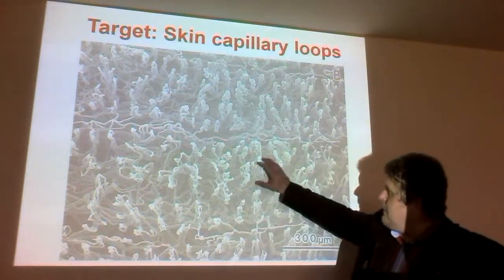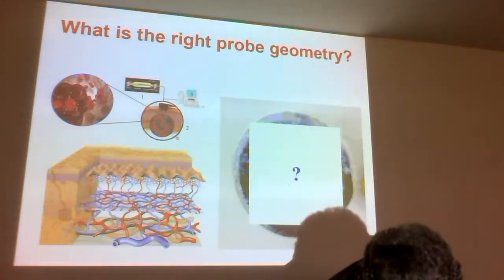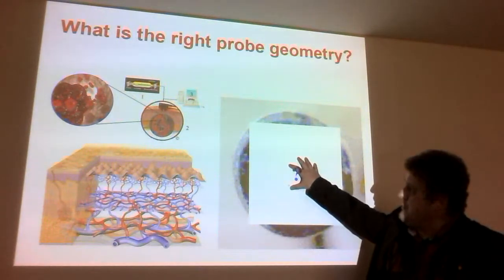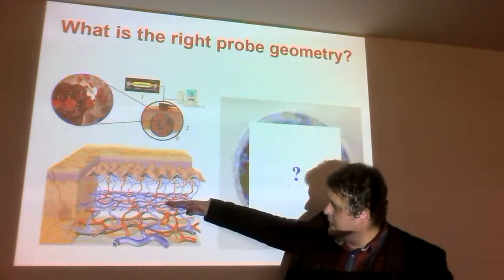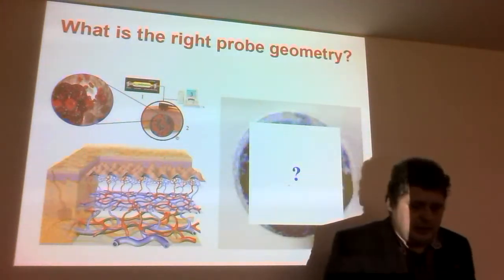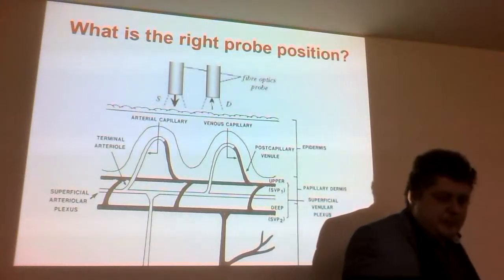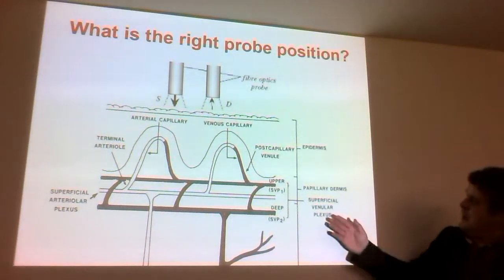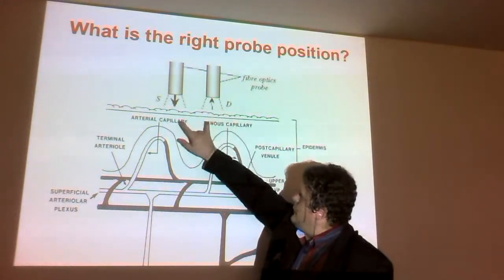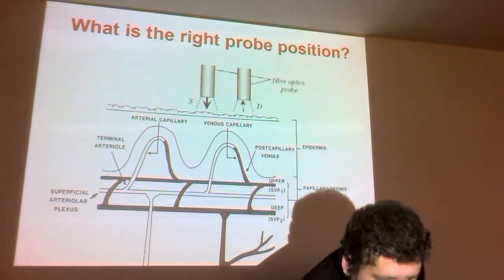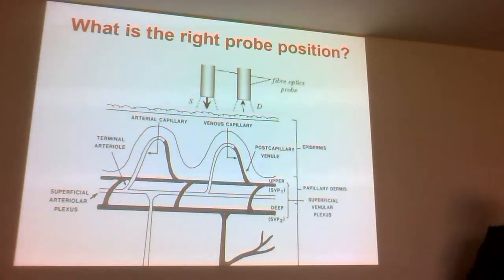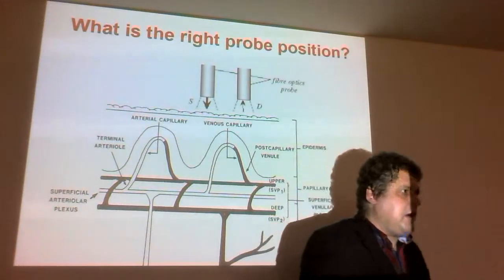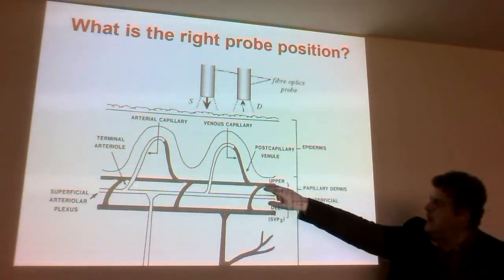So again, the main target was the capillary loops, and the question was how the probe should be designed for this very simple measurement, to avoid the influence of other blood vessels. And here, for example, is one simple picture that shows the uncertainty. If we put this fiber optics somewhere on the surface, like there, or like there, obviously when the light propagates through,